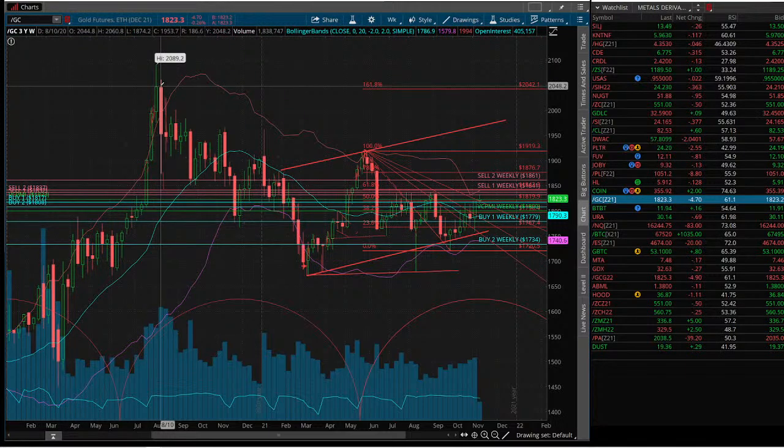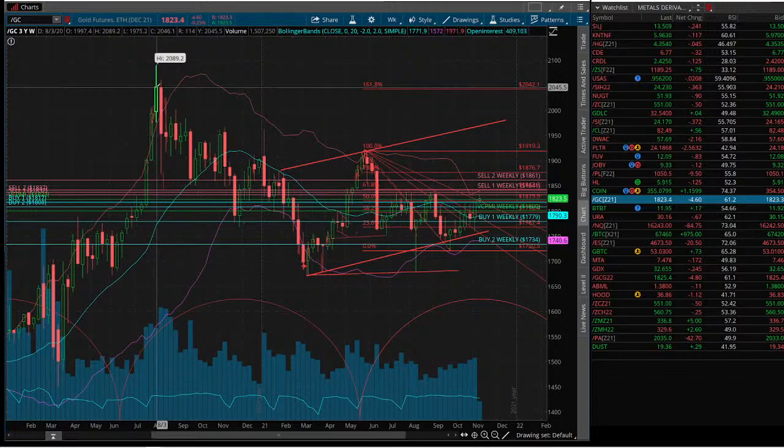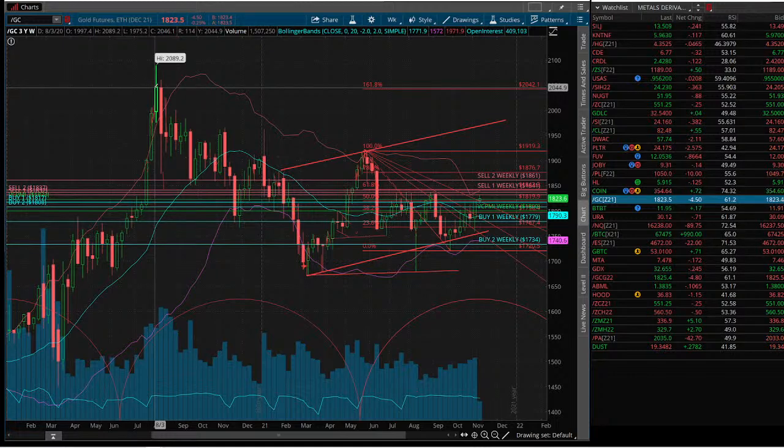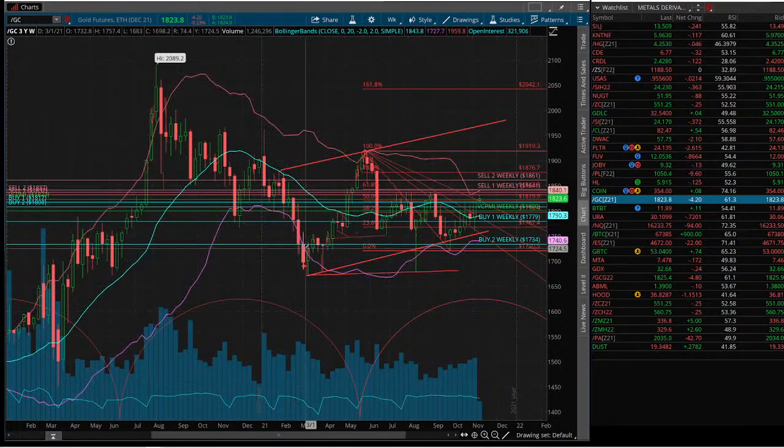And for most people, what they need to see here is basically that we are not in a bear market. We're in a correction within a major bull market that started back last year in March of 2020. And we ran up from a low of the 1450 levels all the way to the 2089 level as of August of 2020. And what you see here on this corrective pattern